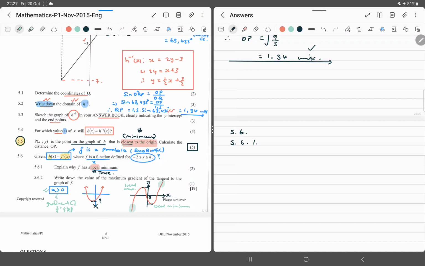So we can say, why does it have a local minimum, actually a true minimum? It is because, since the derivative f prime of x has a positive gradient,